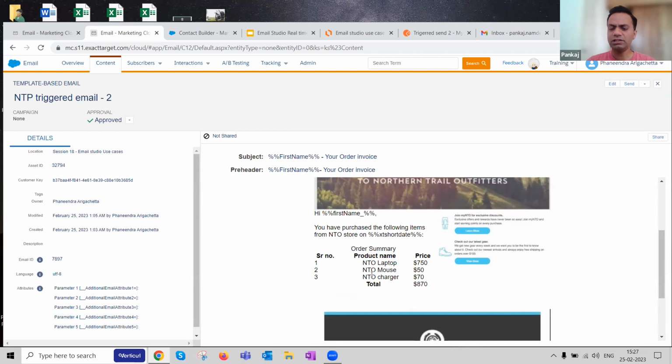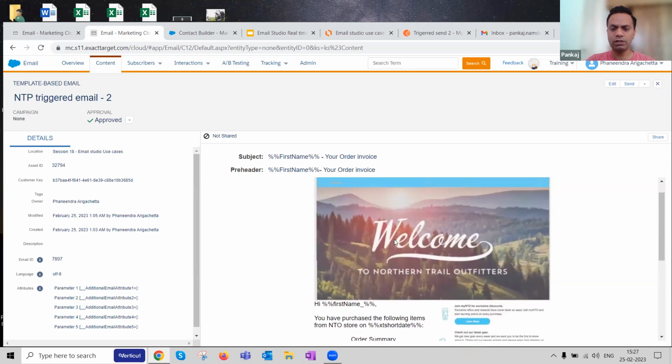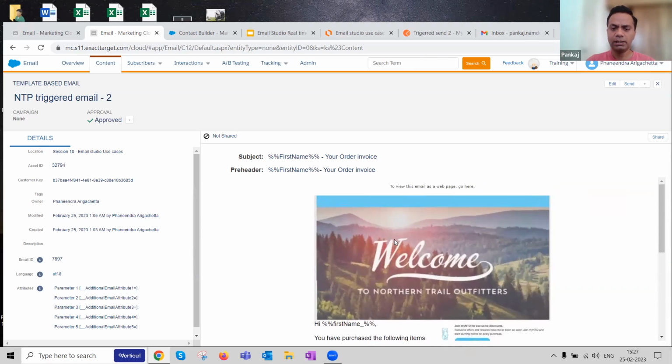Order summary is something that you certainly need to get from Magento, in this particular case the originating system. But to make it simple in this use case, I've created that block myself, but these details certainly need to be passed from the triggering system, which is Magento. But this is how the email looks. Very simple, basic, to showcase the end-to-end journey. So that's the first thing.